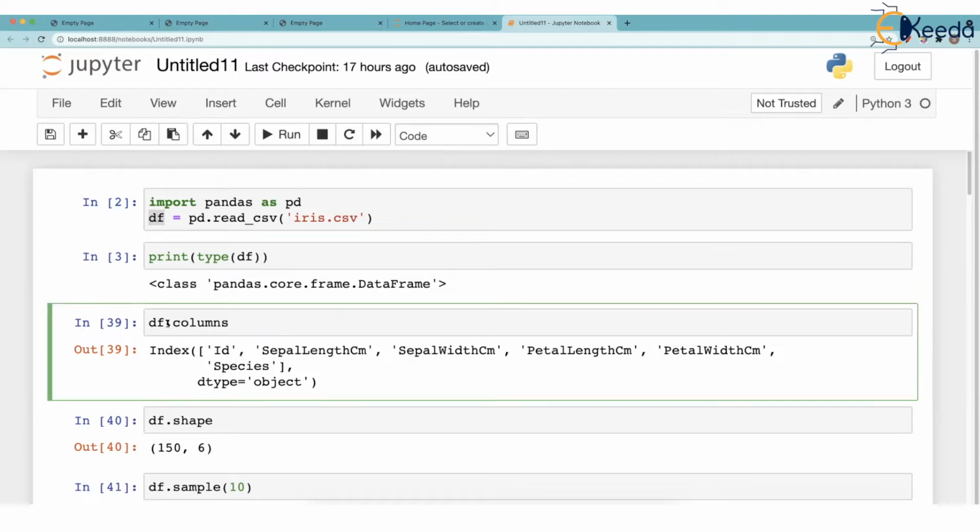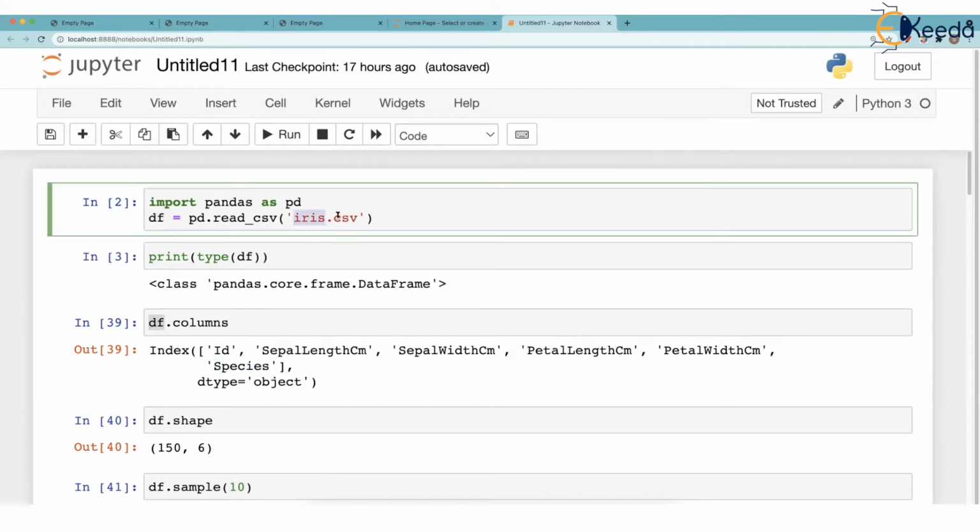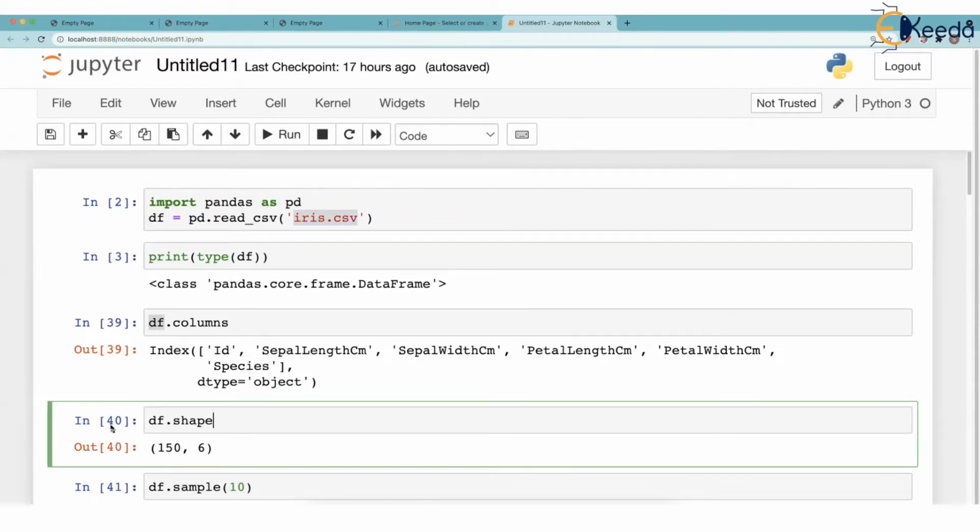Then we saw how you know which columns are there in your data frame. If you just write df.columns, remember there was no bracket here because it's not a function. I said columns is an attribute of this data frame. So all these columns are there. I also explained yesterday what sepal length and sepal width mean. I took you to the Wikipedia page, and I had shown these columns, correct? I also told you how to download this iris.csv from kaggle.com. Then you can easily find the shape of the data frame. Shape means how many rows and columns are there. So 150 rows and 6 columns are there.